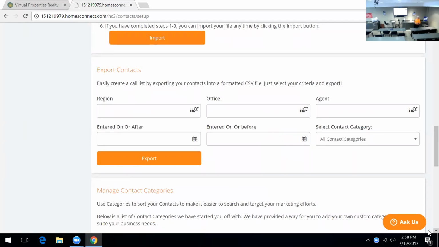I've been asked this every time I do this class. What if I leave virtual properties? I get asked that all the time. So if you were to leave virtual properties and go to another firm in Atlanta, well, put it this way. If you left here and you went to Miami, Florida to move, and you went with another real estate firm down there,